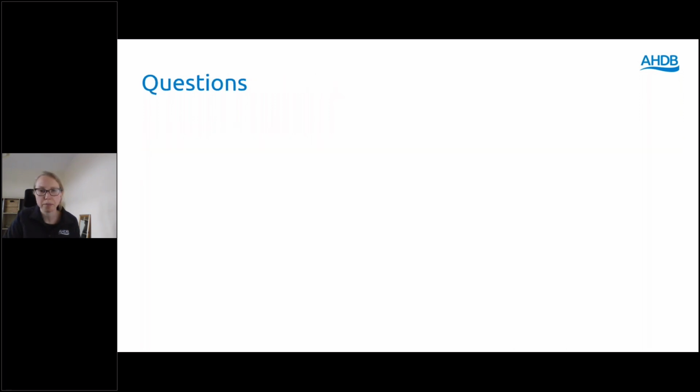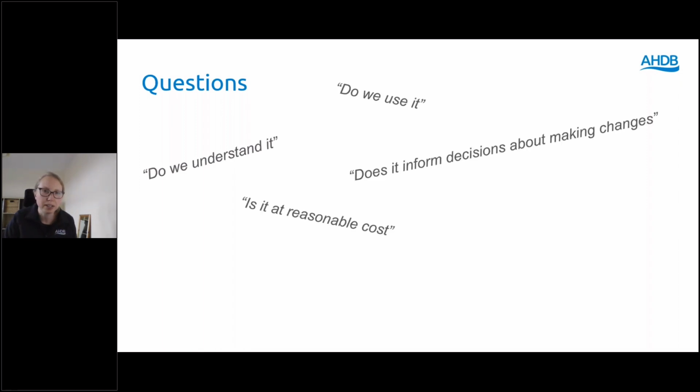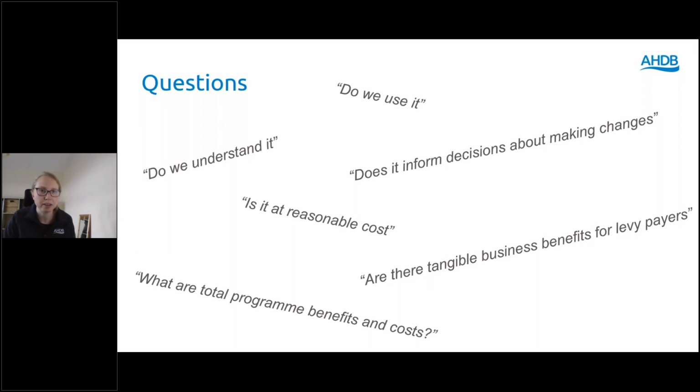Paul Teven, the independent evaluator, will be looking at different options of what the project might look like in the future, and we'll evaluate them against some different criteria to get the results. Some questions we'll be asking are things like, do we understand it? Do we use it? Does it make changes about decision making? The cost benefit analysis of the program, and things like that. So please do say if you're happy to be contacted by Paul. That would be really helpful.